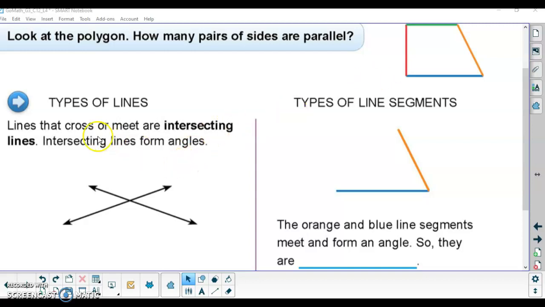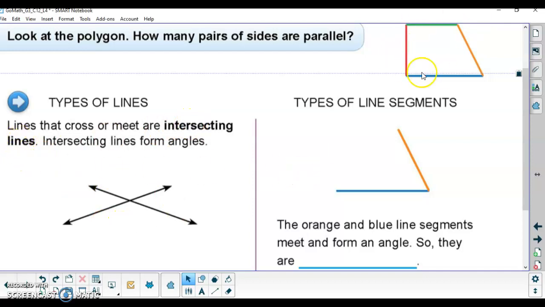So if we look, we have intersecting lines. These intersecting lines cross or meet and they form angles. So we can see right here we have two lines. We know they're lines because they have those arrows on both sides, so they go on and on forever in both directions. And they meet together right here at this point. So when two lines either cross each other or come together and meet like this, then those are called intersecting